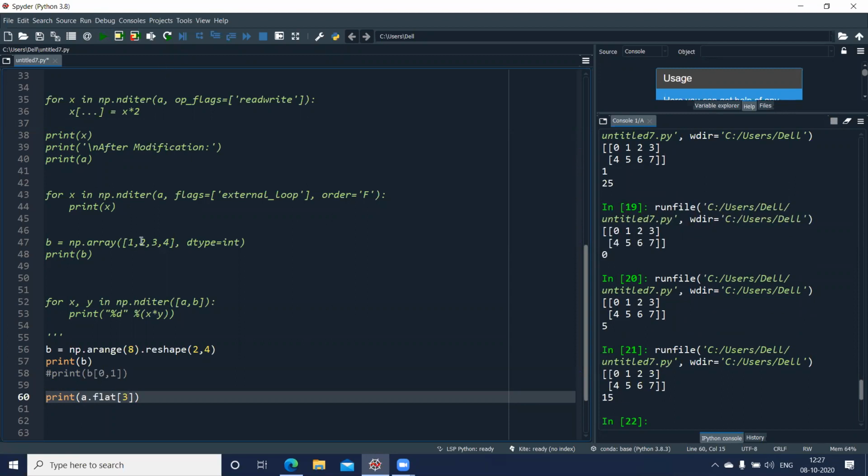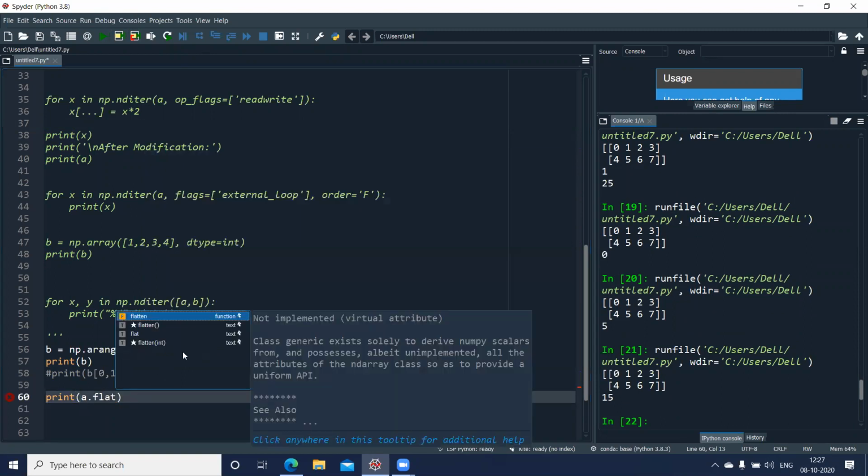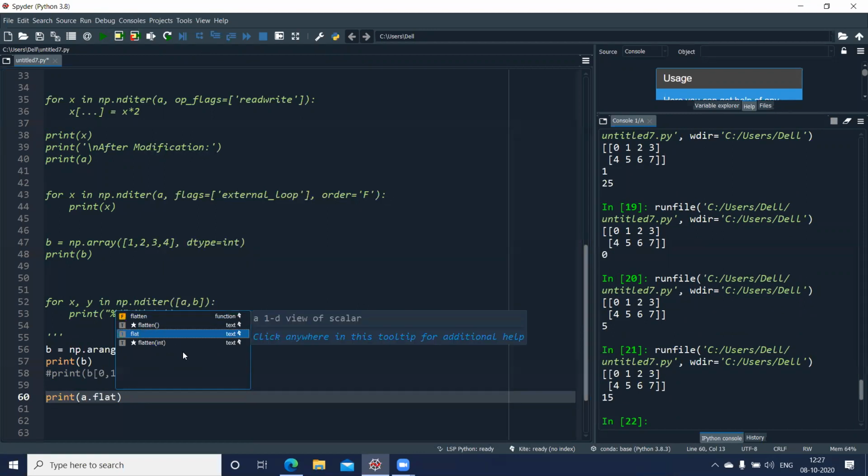Now this is something different I'm getting now. Okay, I'll check it out how these values. If I remove this index position, whether it will only this without. Okay, and flat. Where has flat gone? Here it is. Okay, 1D view of scalar. But how come I'm getting different values which are not a part of it? Okay, we need to look into this later on.